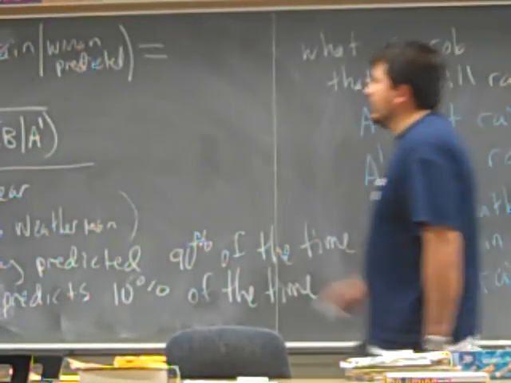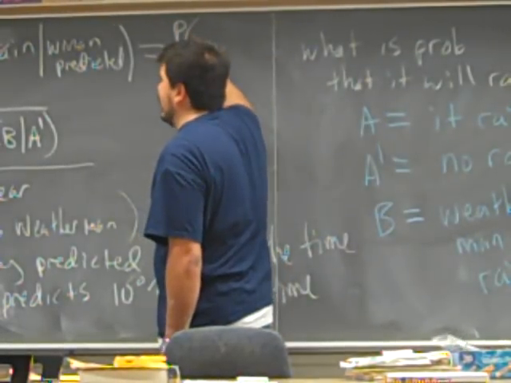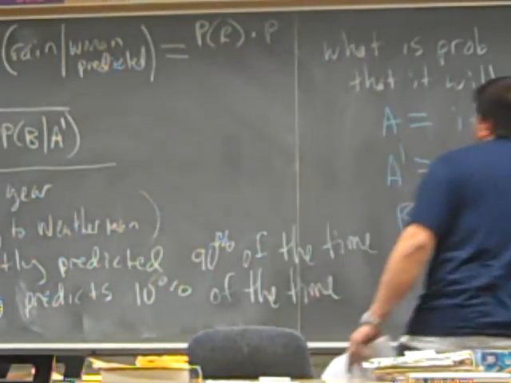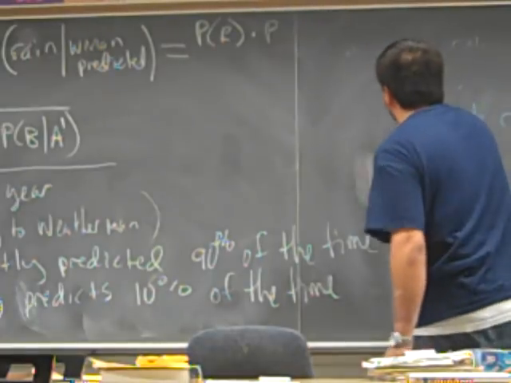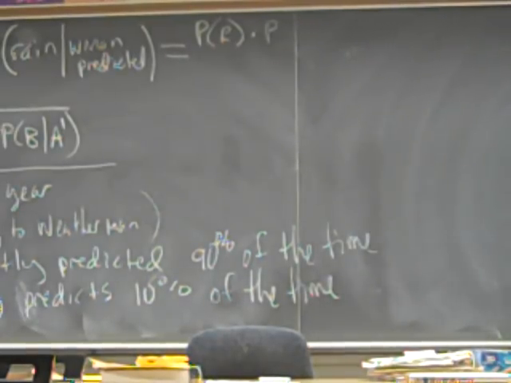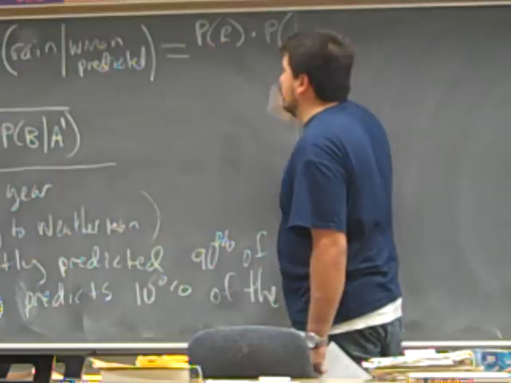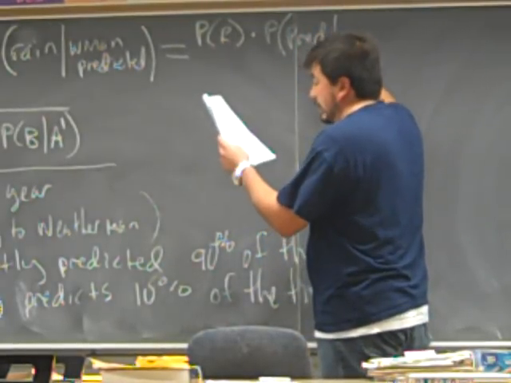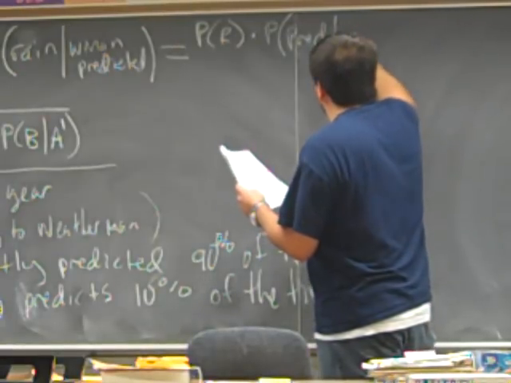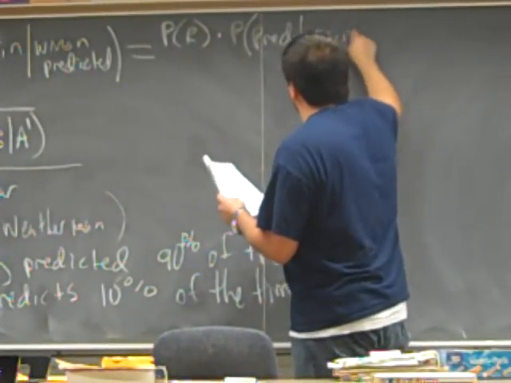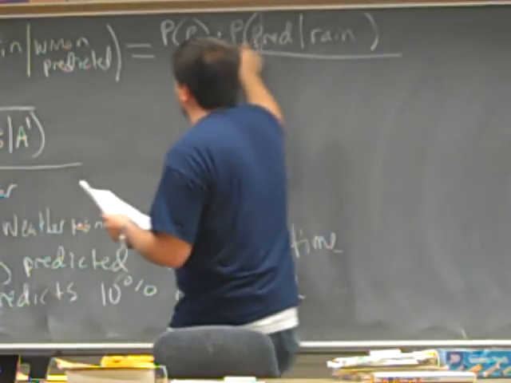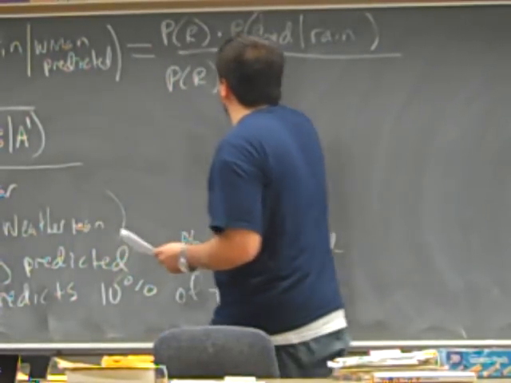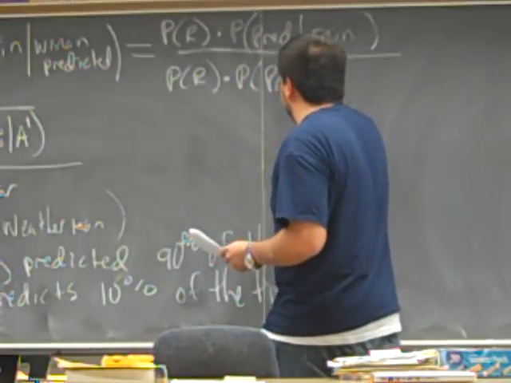You would do probability of rain times the probability of the prediction given that it's rained, all over probability of rain times probability that he predicted rain given that it's raining,